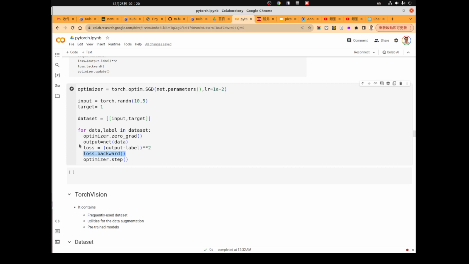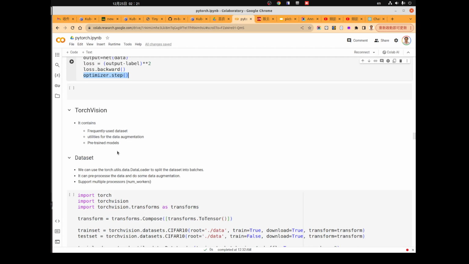After we have the gradient for every parameter in the network, we can use the optimizer's step function to update the value of those parameters inside the model. If you do not understand what I'm talking about right now, it doesn't matter. We will go back to discuss this in the next lecture.